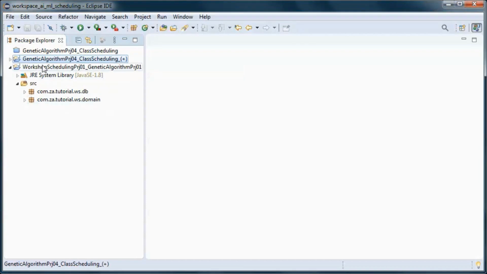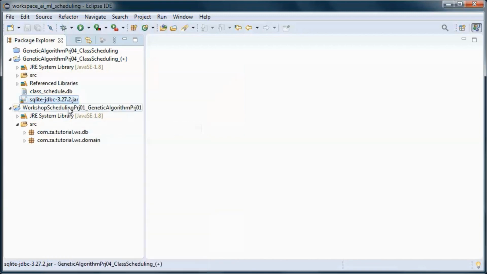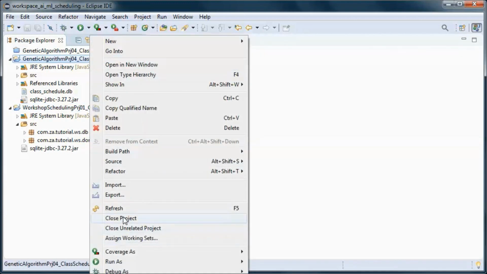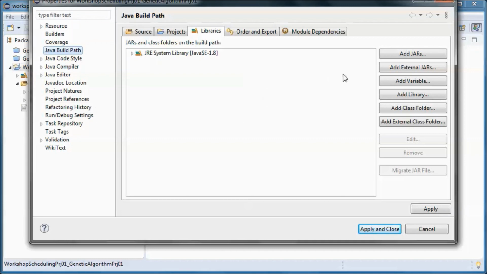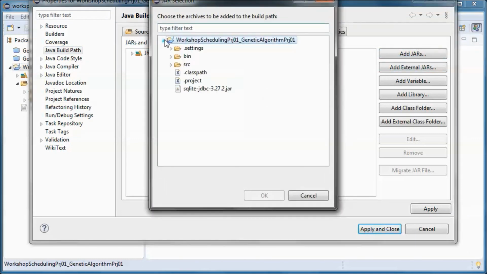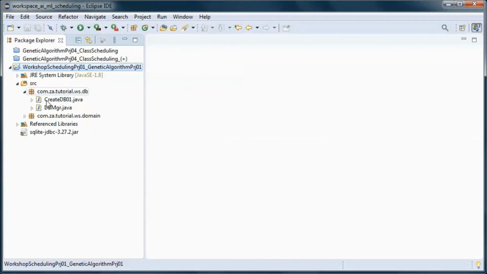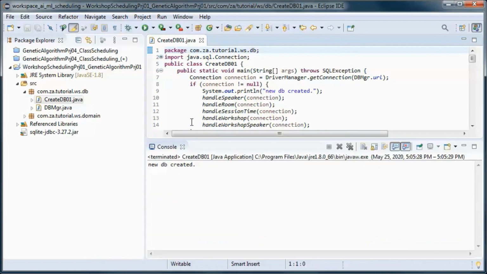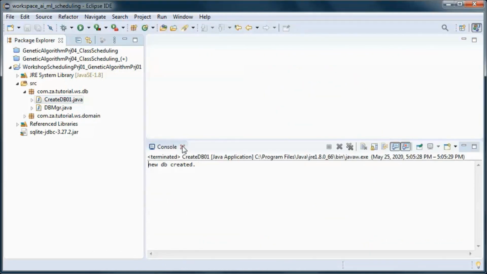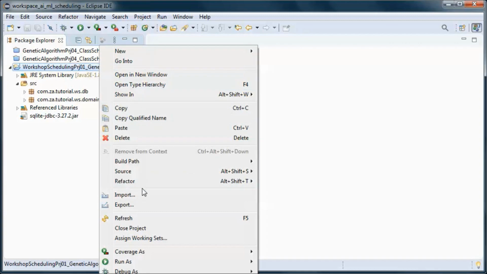And let's go here and pick up this SQLite driver, and go to properties and Java build path, and now let's try creating the database. Here we go. We do a refresh